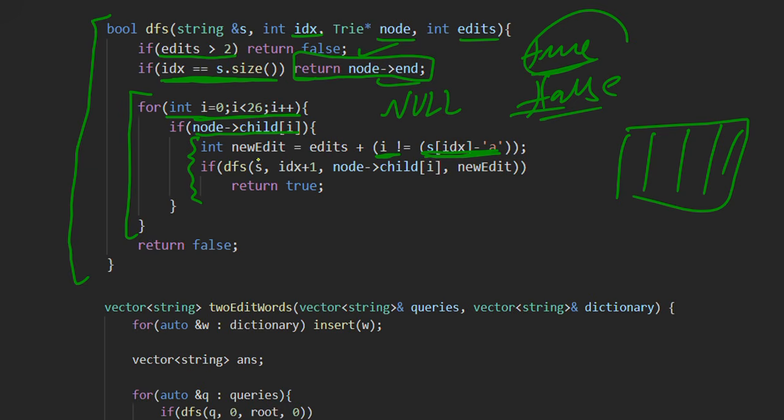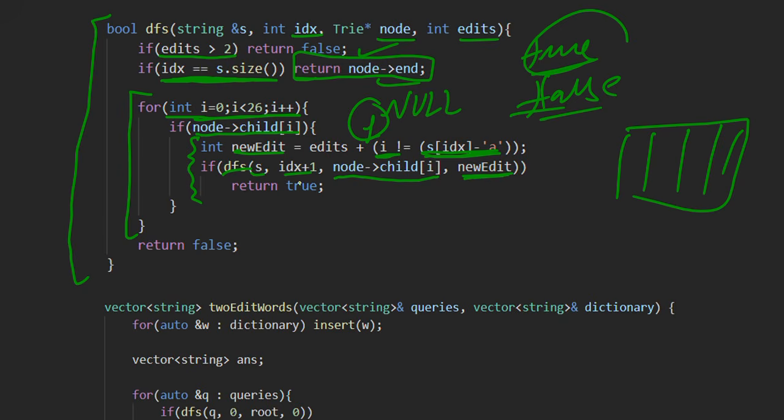If it is equal, the number of edits won't increase, but if they are not equal, then 1 is added to the edit count. Then we again call the DFS function with the string, with the index increased by 1, a new node which will be node arrow child of i, and the updated number of edits.